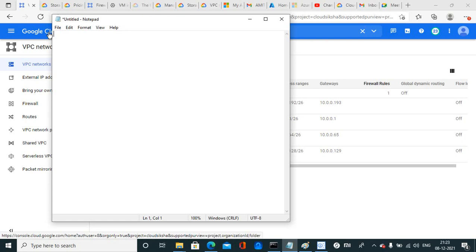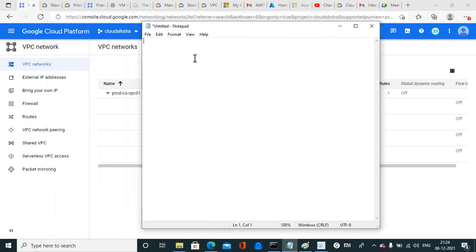So first, how to create a machine, about the images and the disk. How can we add an external disk in the virtual machine, as well as the type of machine and how the cost is fluctuating for the different types of disks. So to create a machine we require a VPC and subnet.